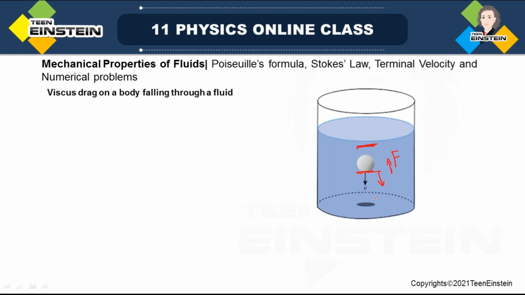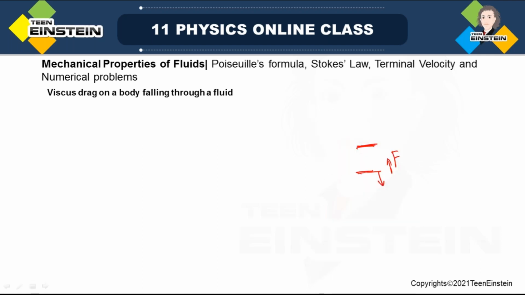If you know the radius of the ball, the velocity of the ball, and the coefficient of viscosity of the fluid, then what is the magnitude of the viscous force on such a ball moving through a fluid? That's where Stokes law comes in. Stokes has given that formula, or that law. According to Stokes law,